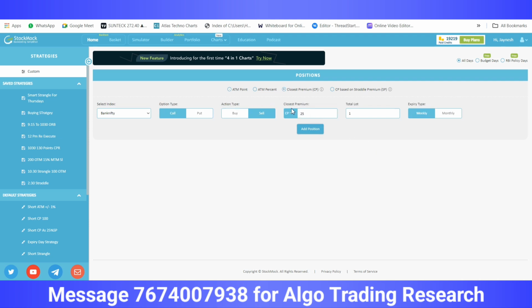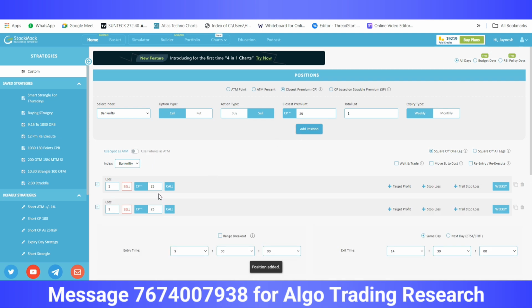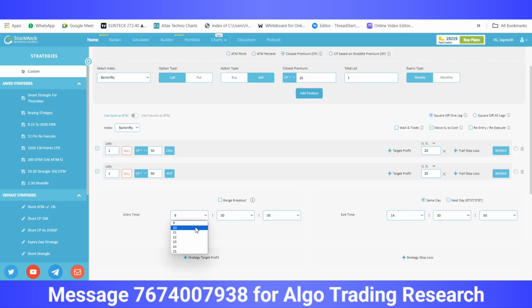Okay. Now I am going to select closest premium here of 100 rupees. 50 rupees we had tested, right? So हमने 50 rupees का call, 50 rupees का put दोनों select किया है. We are selling the option. Stop loss हमने लगाया 20% का on individual legs, राइट। अगर आपको एक बेसिक स्ट्रैटेजी रन करनी है तो इसके अंदर हमने मूव एसएल टू कॉस्ट सिलेक्ट कर दिया है। स्टार्टिंग टाइम we will select as 10:30 and exit